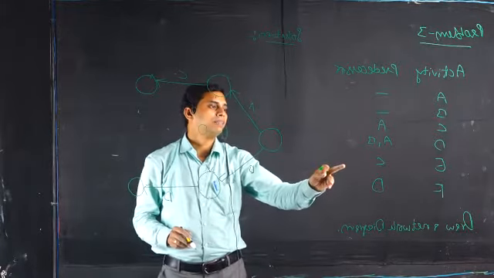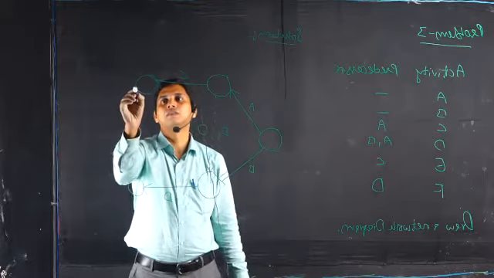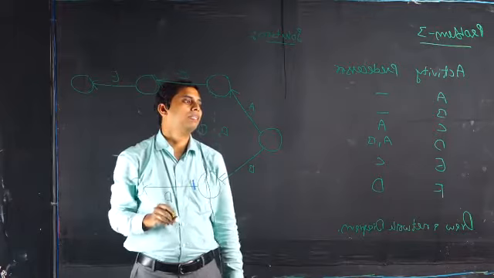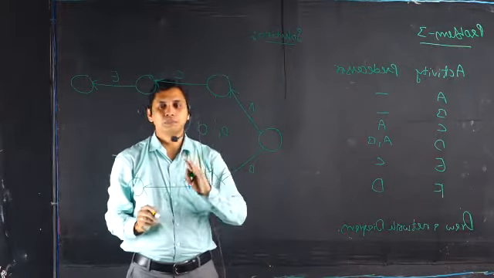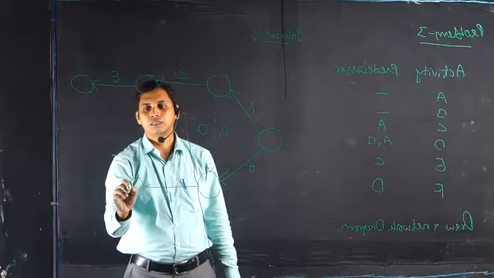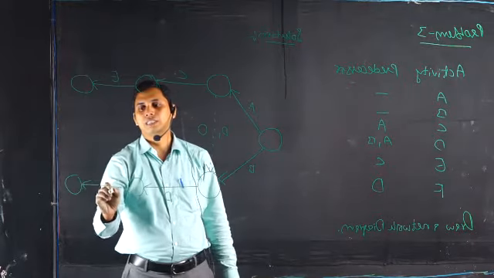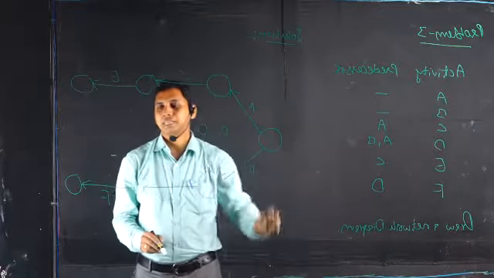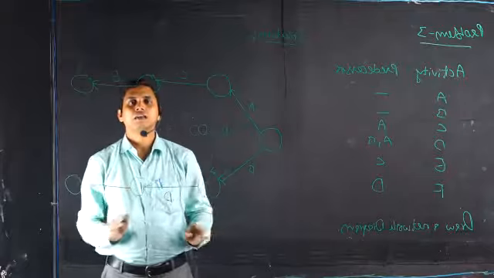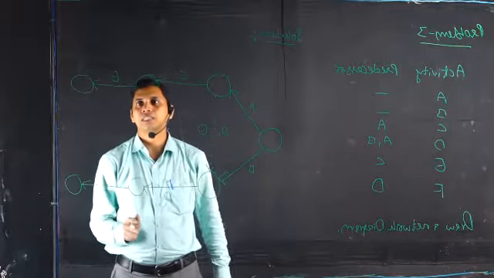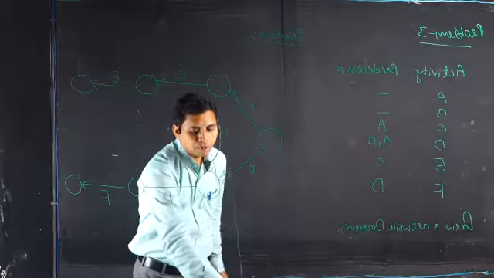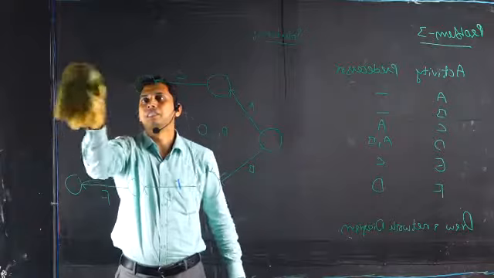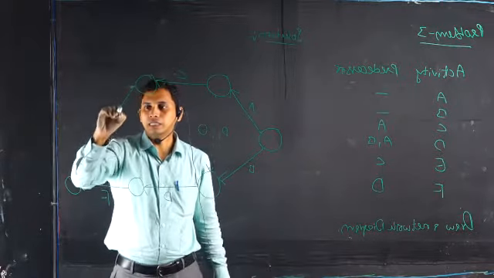And then for activity E, C is the predecessor. C is already drawn here, so now E. And then for F, D is the predecessor. D is already given, so now we can draw activity F. F is the last activity. Since all the activities must end at the last activity, the activity E must be joined at F, so we arrange E here and join E directly at F.